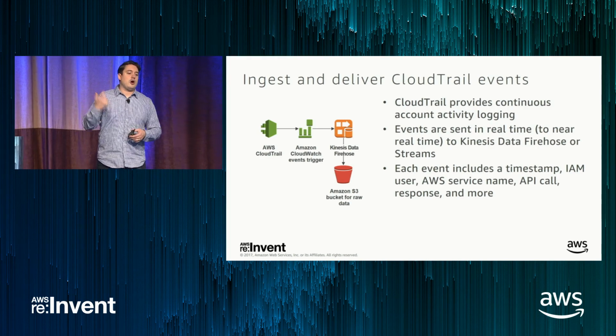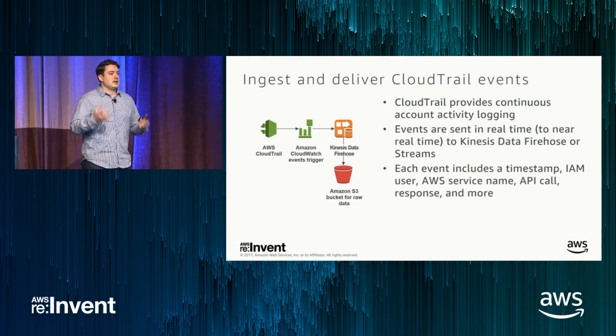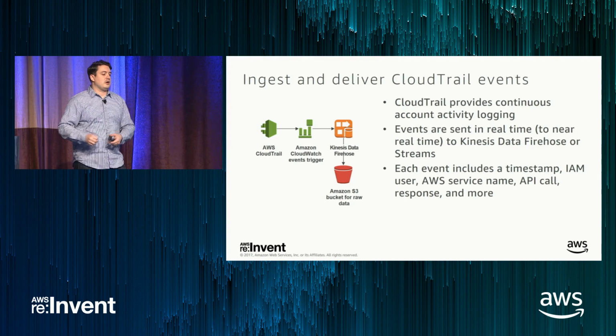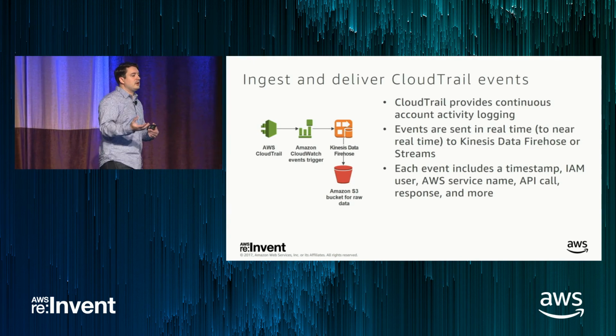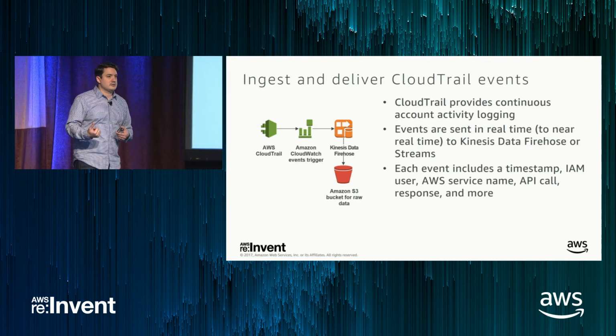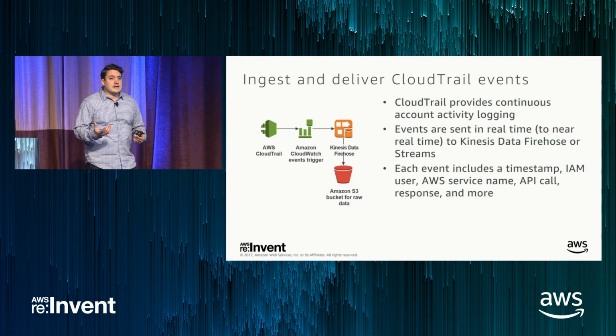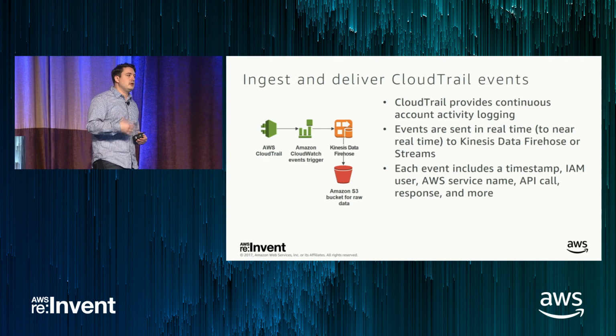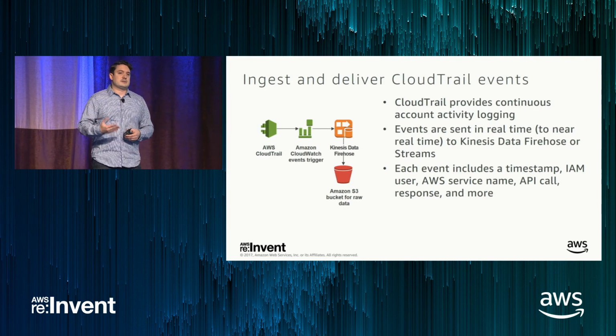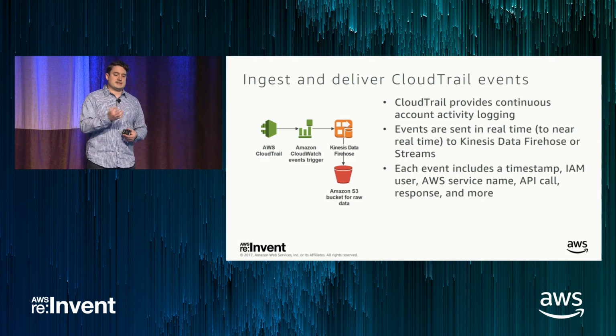So when the call was received by the AWS service, the metadata associated with that call is sent to CloudTrail, and then through CloudWatch Events sent to a Kinesis data firehose. We typically call this the event time or the client-side time. And when you're computing metrics in real time, the concept of time is very, very important. In this case, this is the event time.